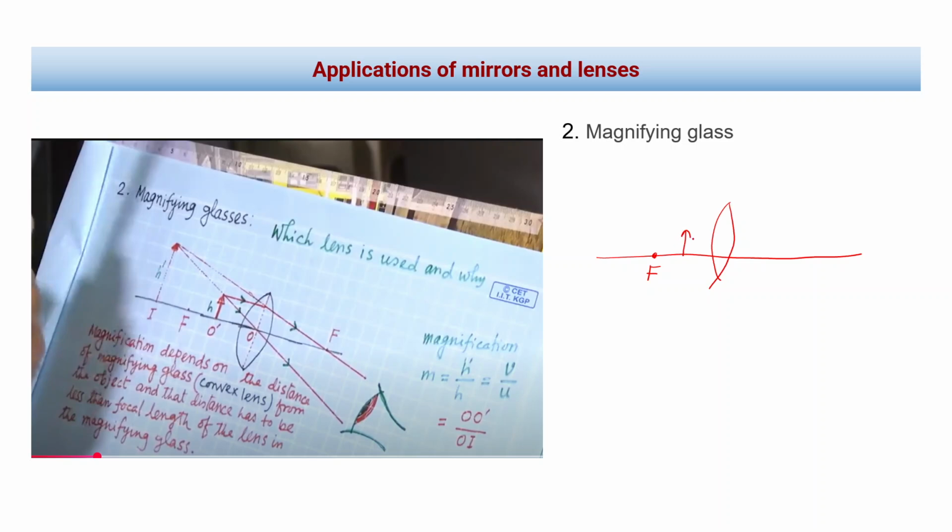If our object is somewhere here, that is less than the focal length distance, then again, considering the two rays that we choose, one ray we will consider going parallel, for this convex lens there will be this normal where there is pole. One ray going parallel will of course pass through focus on the other side, right? And one ray going through the center of curvature will, this is a straight line of course, I am not able to draw this, so